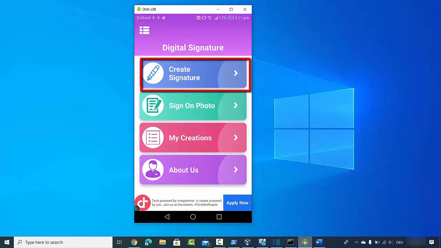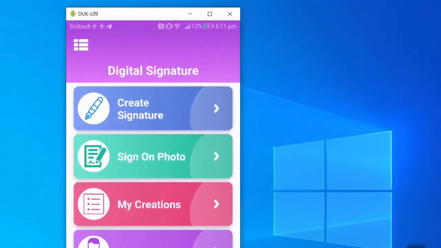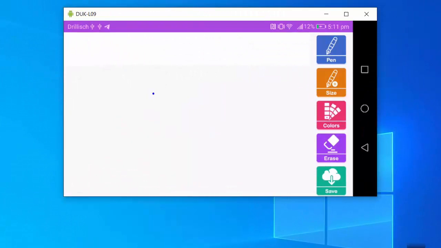To create an electronic signature, you can click on this option which says create signature, and once you do that, you will be able to create your signature here. In this app you have the option to choose the pen or the marker, whatever you want.